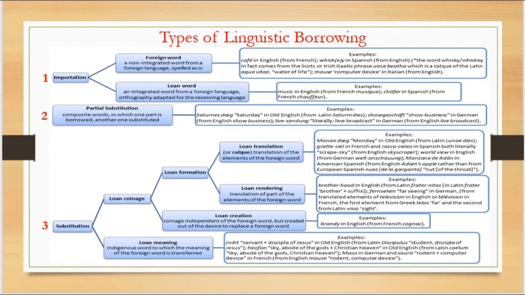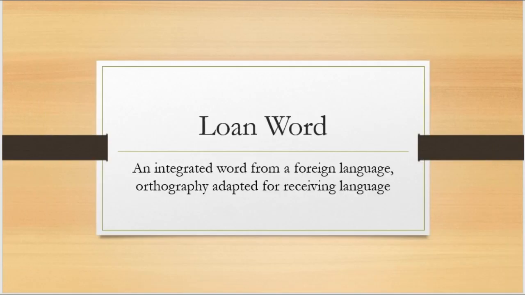Then loan formation is further divided into 2 types: loan translation and loan rendering. Loan rendering refers to partial translation of a foreign word, that is an approximate translation of the foreign word, and loan translation refers to exact, accurate translation of a foreign word. So now let's get into the topic, and now we'll look at various types of linguistic borrowings in the hospitals